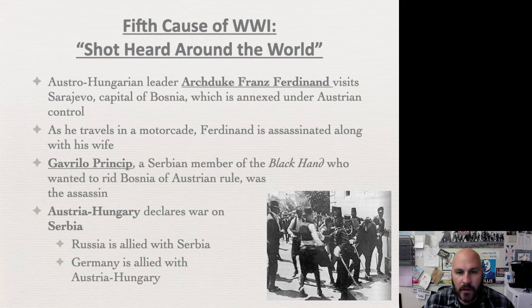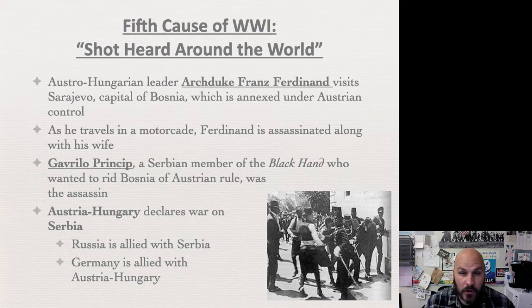And this is where the Austro-Hungarians call on the Germans, their secret alliance, and say, look, you said you would support us. You said you would support us if we went to war. We're about to go to war with Serbia over this assassination. Germany says, yeah. Kaiser Wilhelm II says, yep, let's do it. So the Austro-Hungarians declare war on Serbia. Serbia is at war now with a major nation.